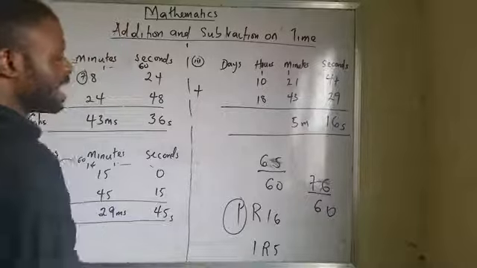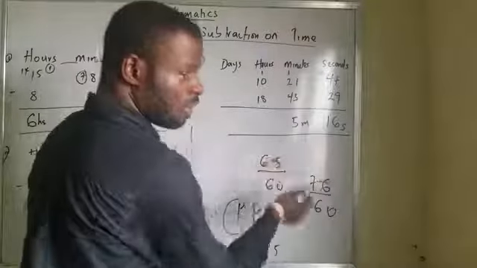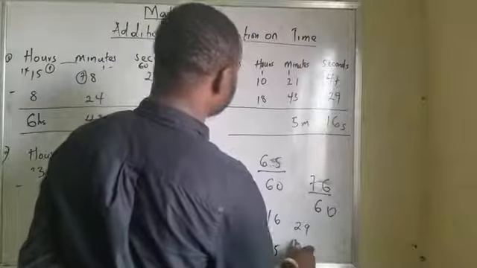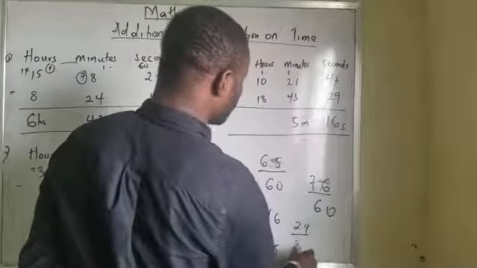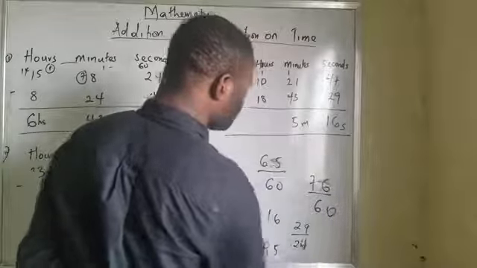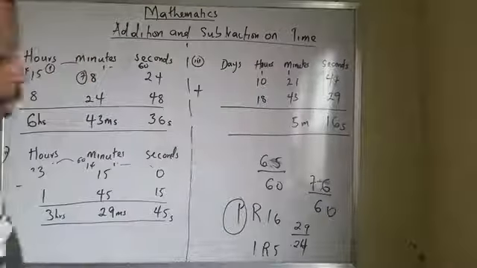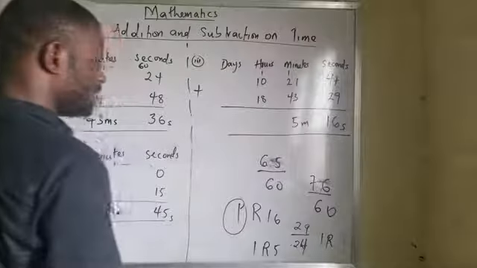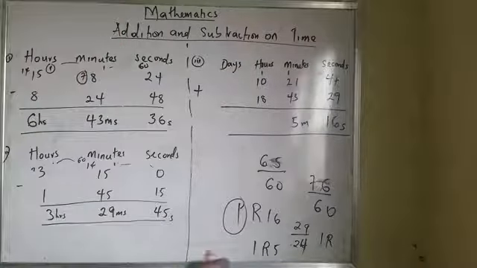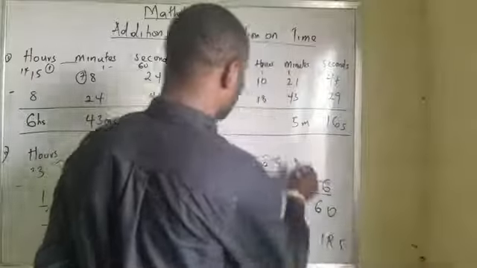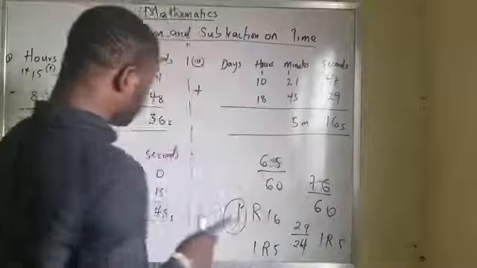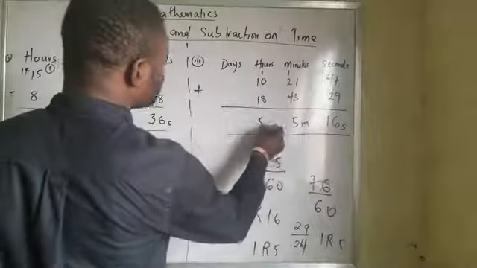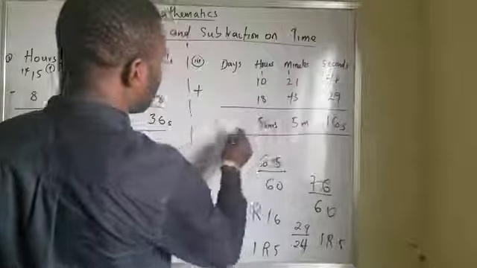Now, 29, can I write 29? No. 24 hours is what I need. It means 29 divided by 24, because 24 hours make a day. I'll be having 1 time, remainder 5. Because of that, I will now have the remainder, which is minutes, hours, and